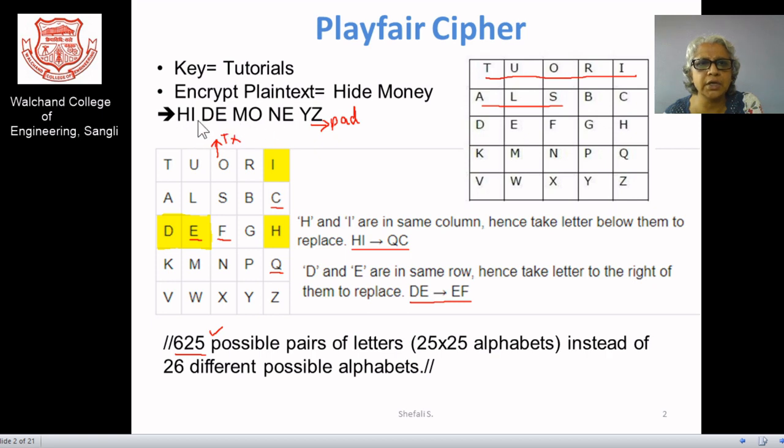So I'll say HI, DE, MO, NE and Y. But as the string length is odd, we need to make the size even, because we are always working with even numbers. So we need a pad element. Let Z be the pad element in this example. So we have HI, DE, MO, NE, YZ as the entire group.